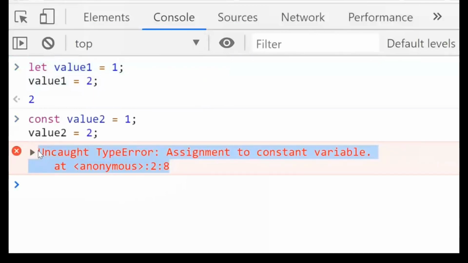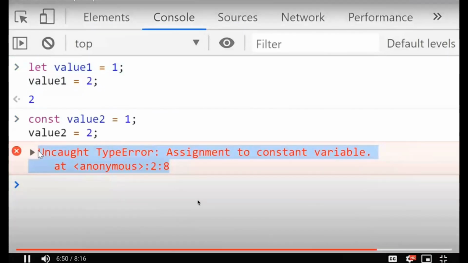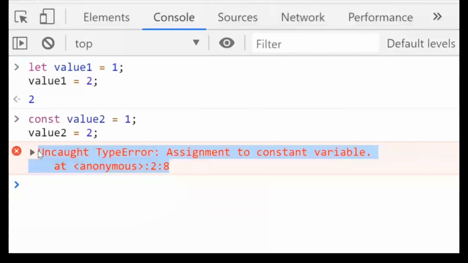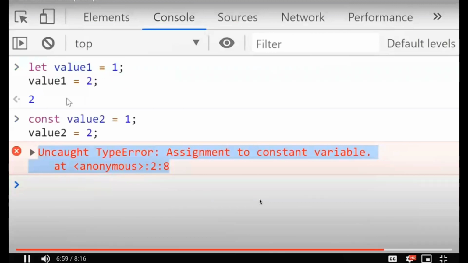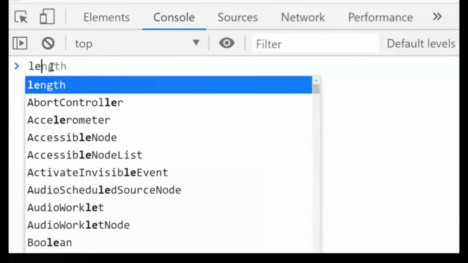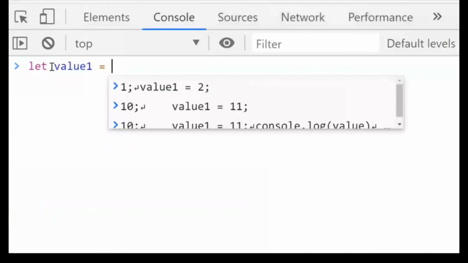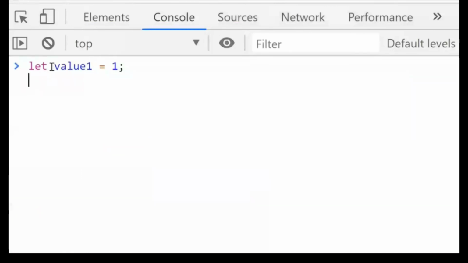Going forward, we'll see another example of redeclaring. So here, let value 1 equal to some value, suppose 1.